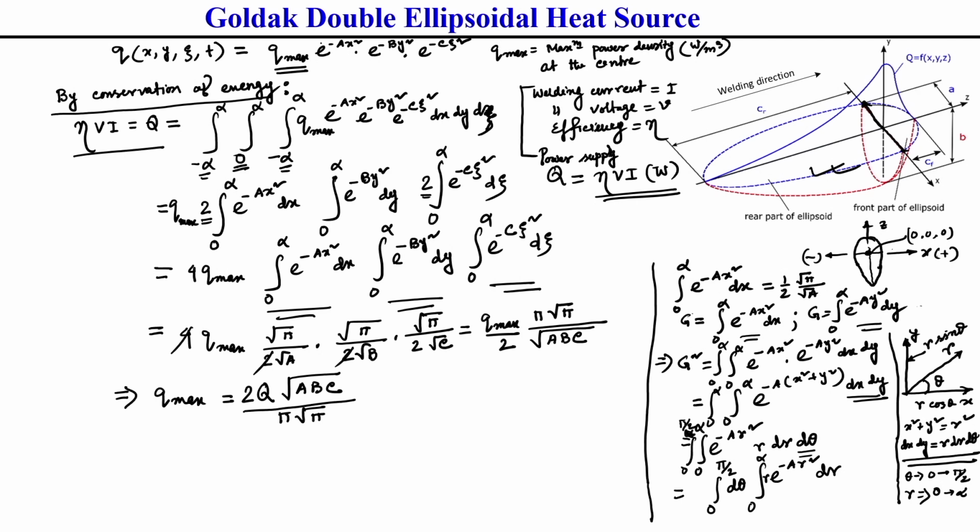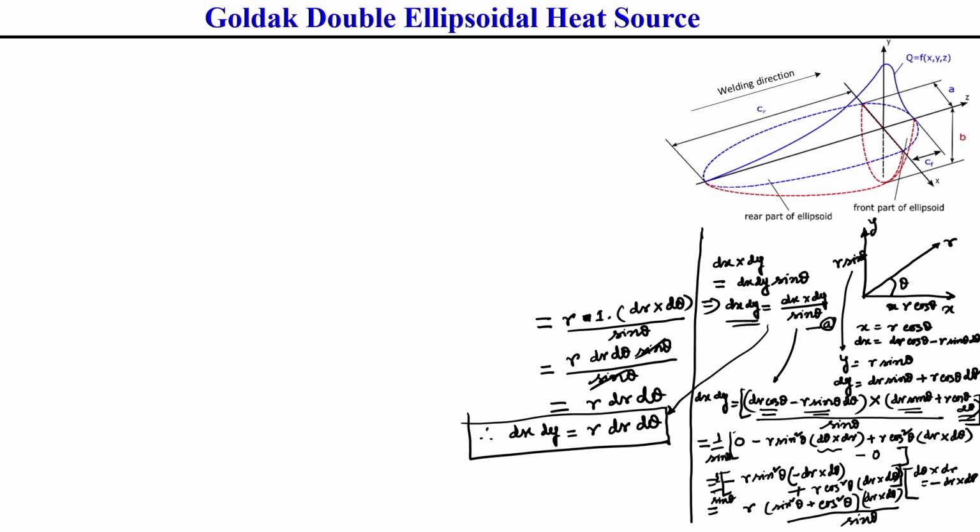Now, here we will just do some calculation, then it will be more clear to you. From here, if you do some calculation, you will get some very interesting things. Let us consider. This calculation I am going to do in the next slide, then it will be better for you. So, what are the things we got?